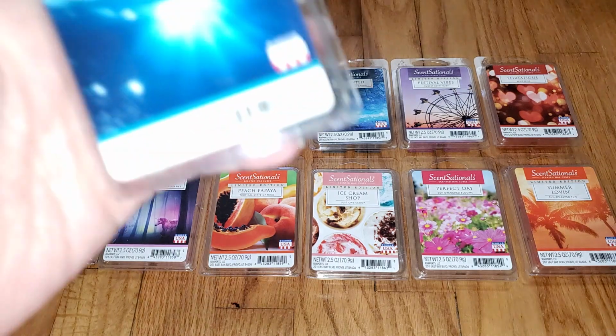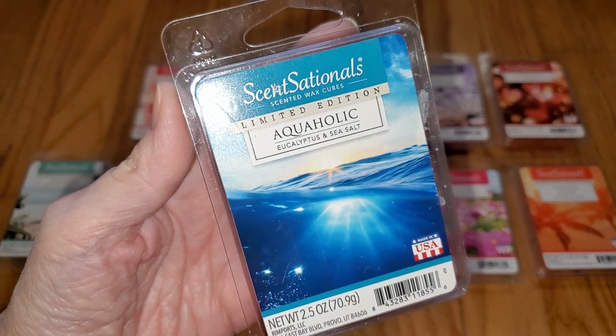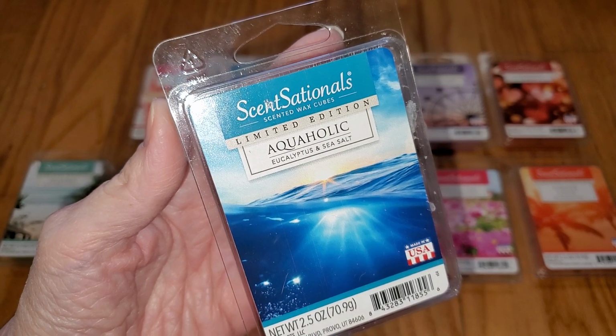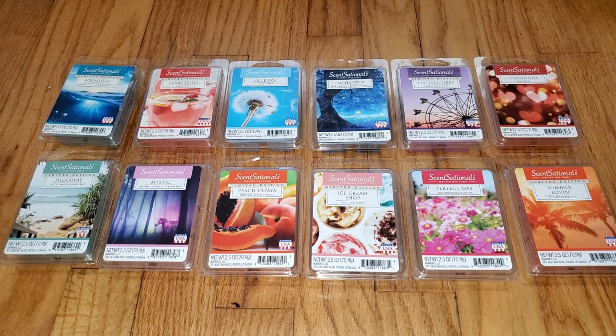Wild apple: there is absolutely no apple or fruit in this scent whatsoever. It's actually one of my favorite scents. It's a great scent. Throw is bold, 5 out of 5. It is a scent monster that takes over the entire house. Next we have